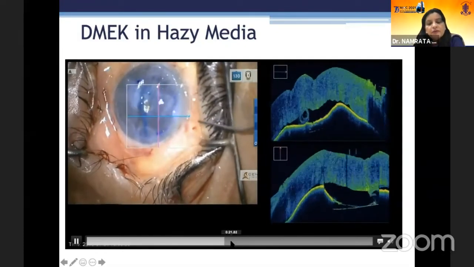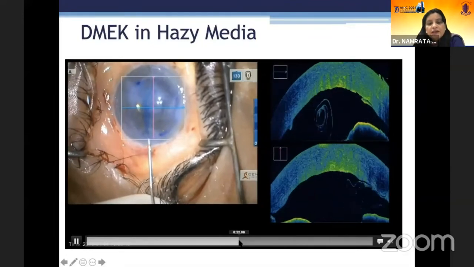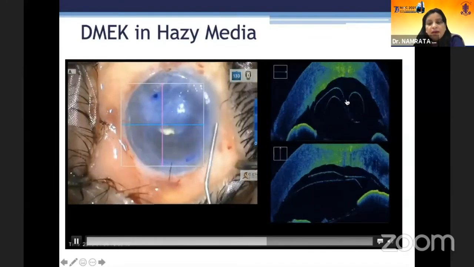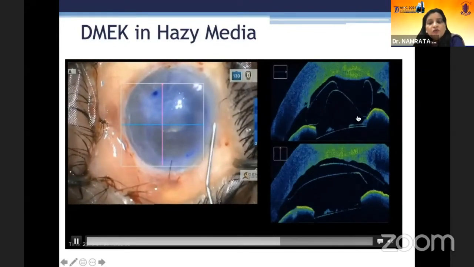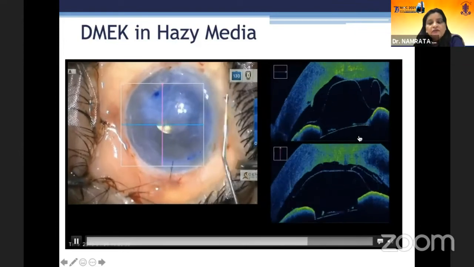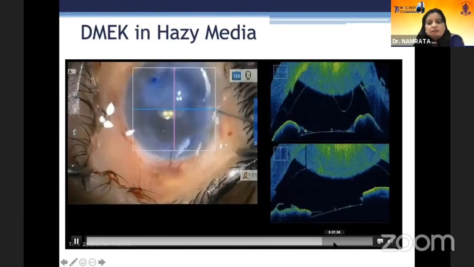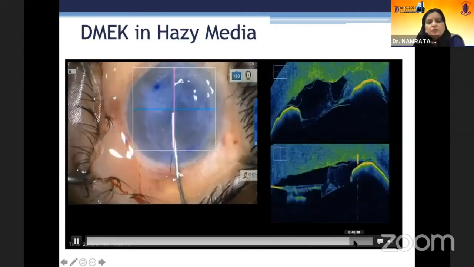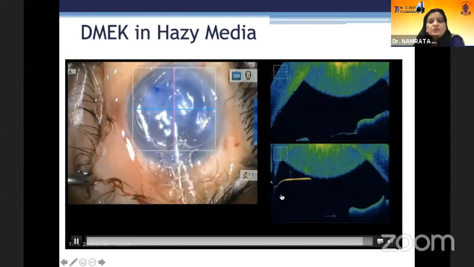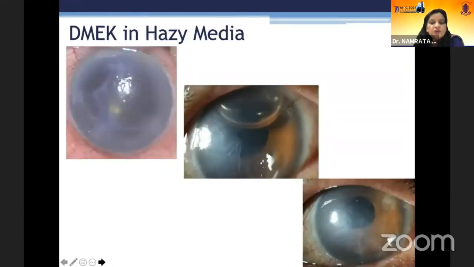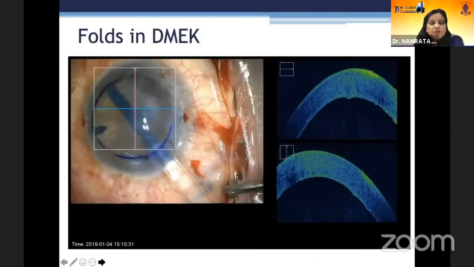But notice that because the cornea is so hazy, and you have to keep it shallow also, the S-shaped stamp is not seen. But by the way your configuration is, you can make it out in the intraoperative microscope and unfold the graft with the bicep curl upwards, and then put an air bubble there. And even towards the end, when you put the air bubble, you still can only make it out very hazily. You can make out that there is an S which is in the correct orientation. And this is to show the same.